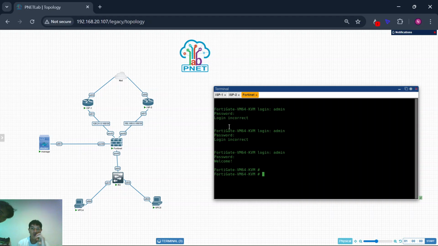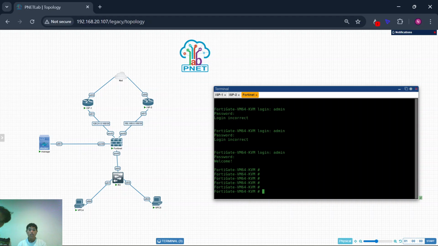Because before, the default has no password, so you can write the password. And this is the default CLI from this Fortinet.